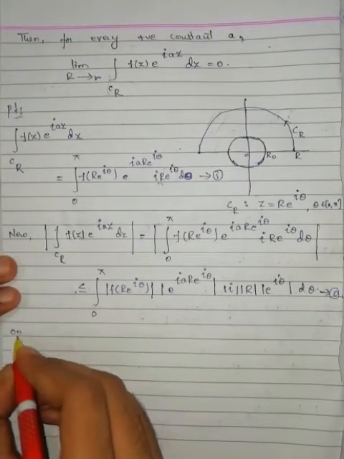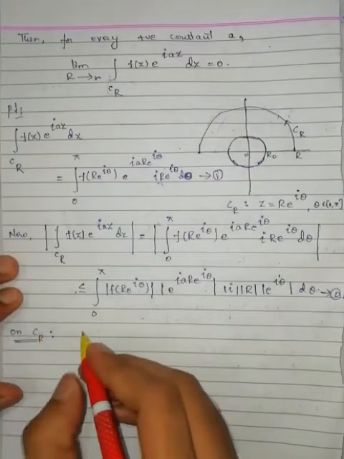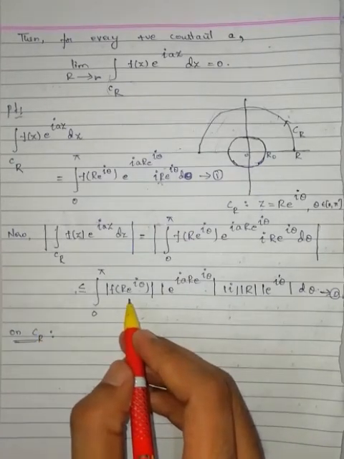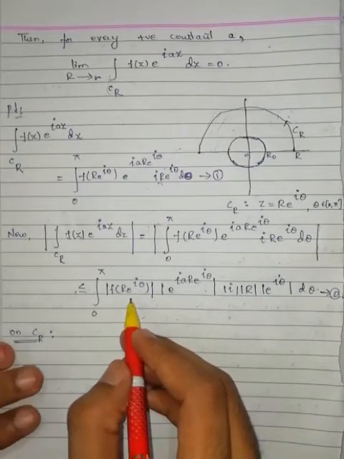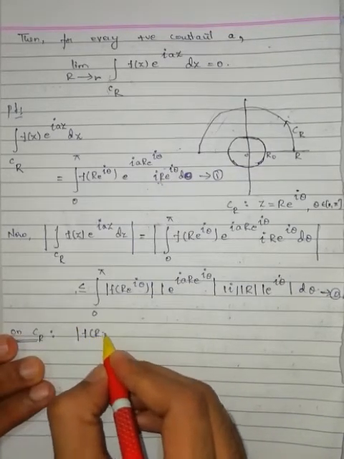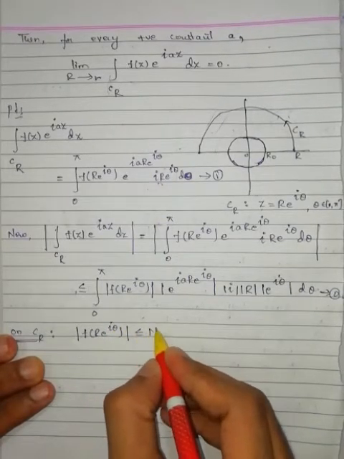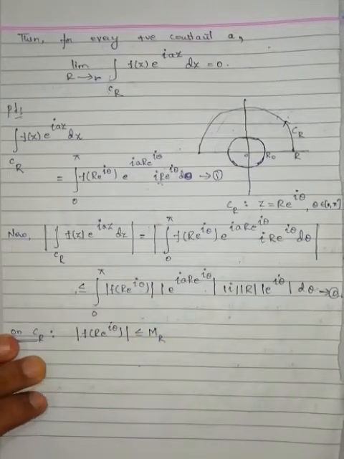On CR, what is given? For each and every point on CR, modulus of f of z is less than or equal to capital MR. Modulus of f of capital R e to the power of iota theta is less than or equal to capital MR. And